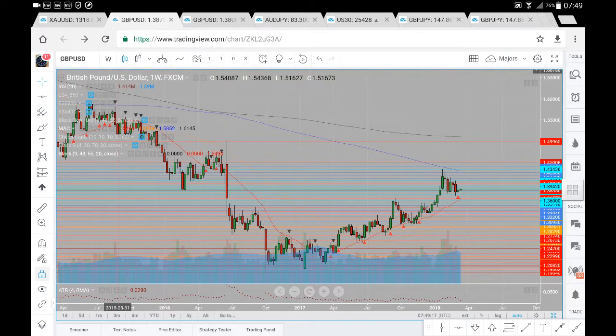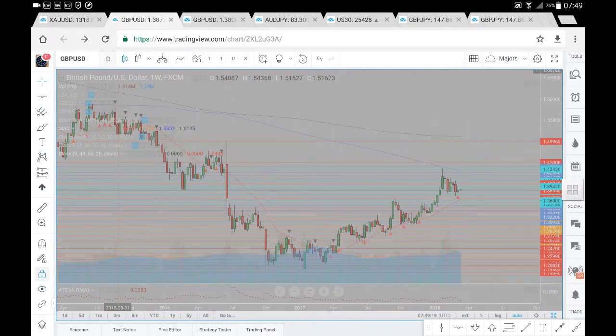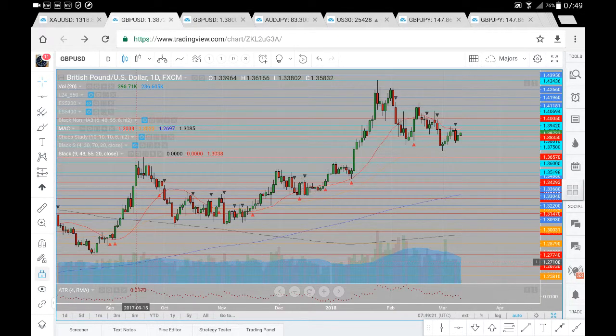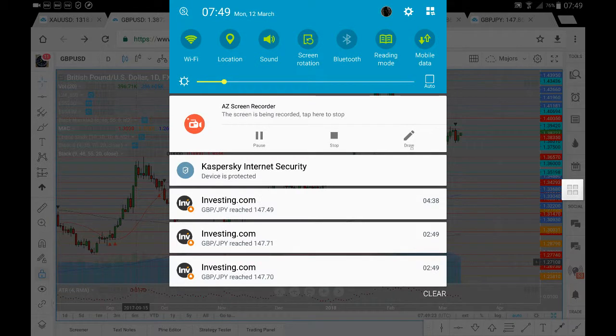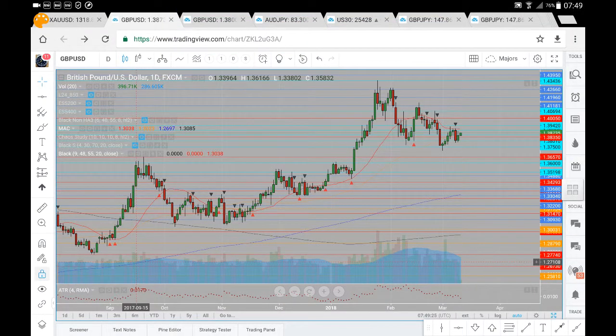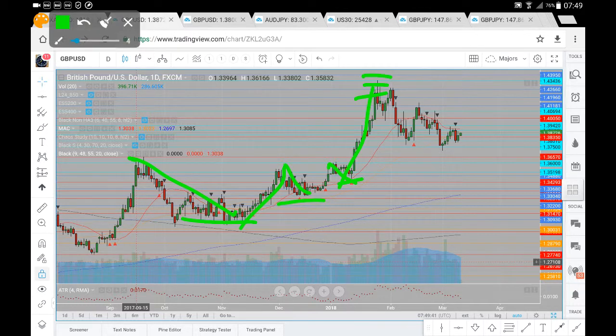Now, let's just have a look at the daily time frame before wrapping up here on the pound dollar. And over to the pound dollar on the daily. We can see here we've come down. We've had this price move upwards, posted a series of higher lows. Then had prices move towards the 143.43 level. Those were pretty much the highs. The level wasn't previously identified. From which we've had a pullback and formed a bit of a double top in around